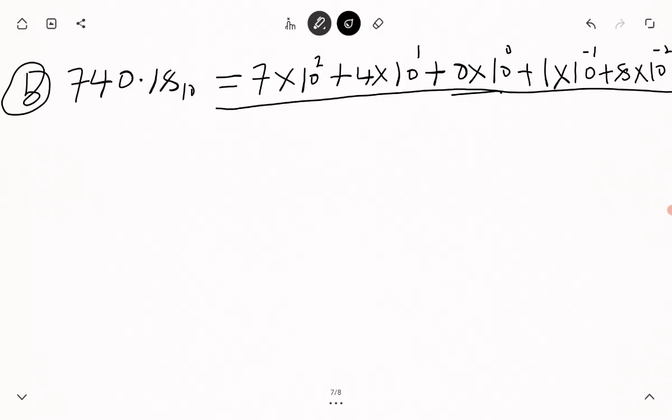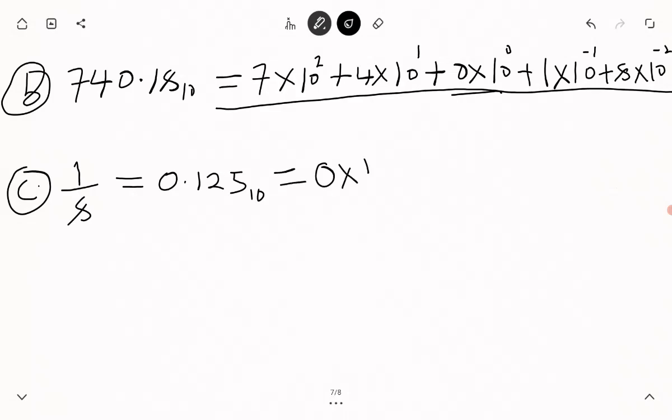Then the last one, we have 1/8. First of all, we need to write it in decimal form. So 1/8 is the same thing as 0.125. This number in base 10, for us to write it in expanded notation form, we're now going to have